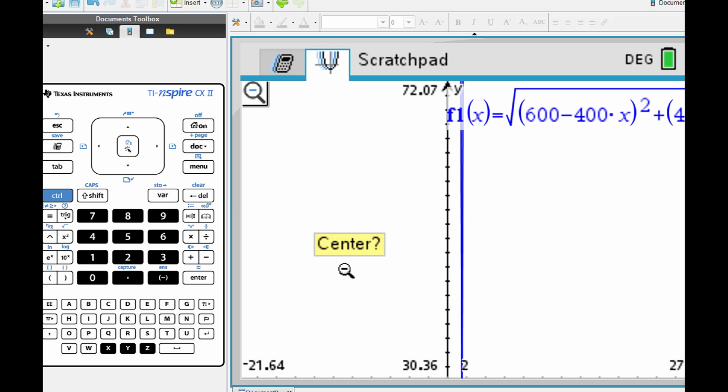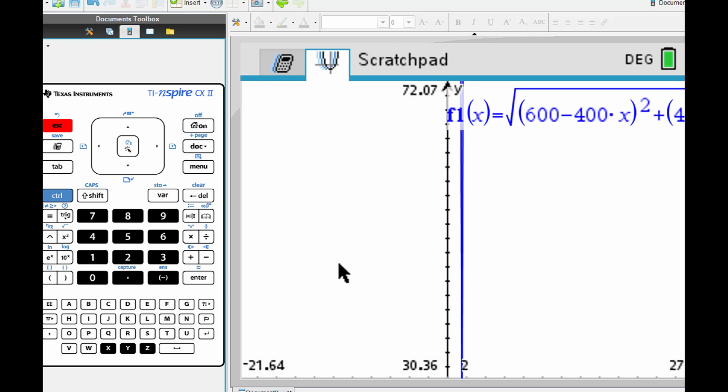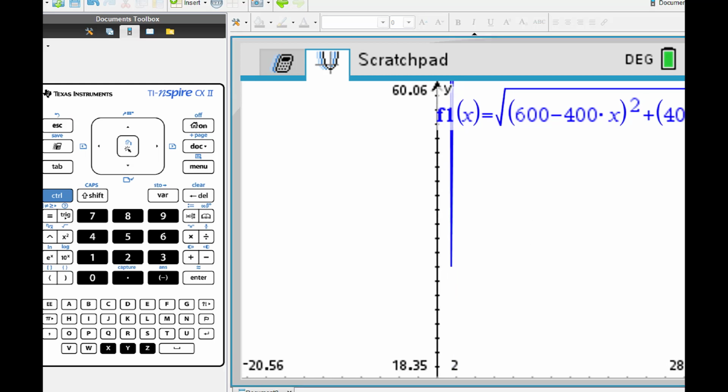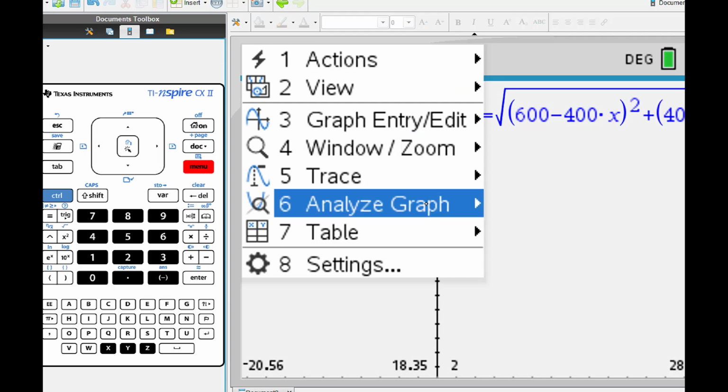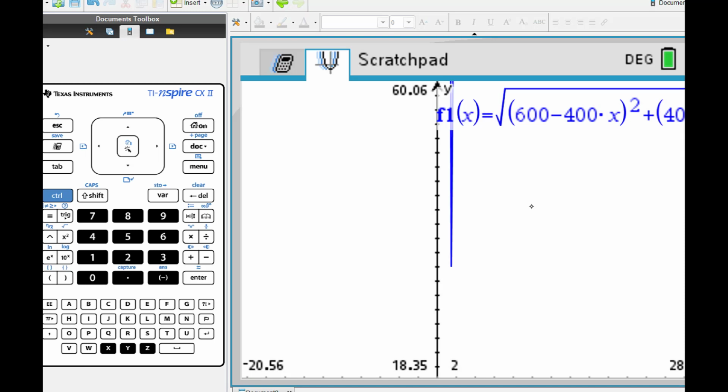Okay, so there's that vertex that I'm looking for. Since that vertex is the trough, we're going to do analyze graph. We want to look at minimum,